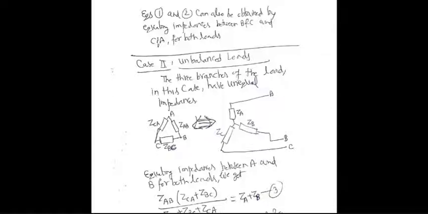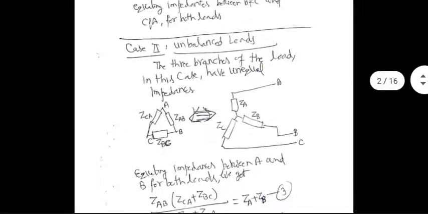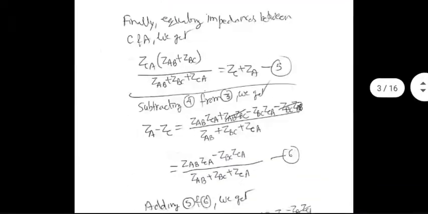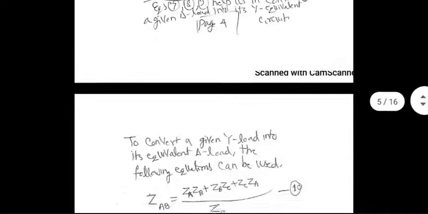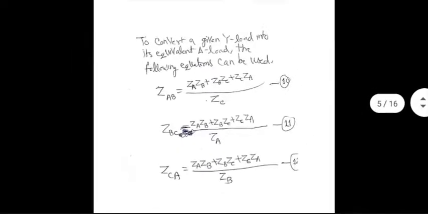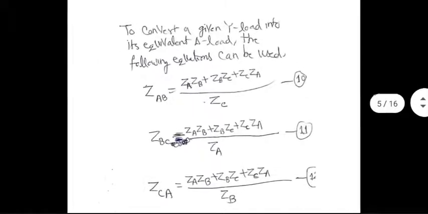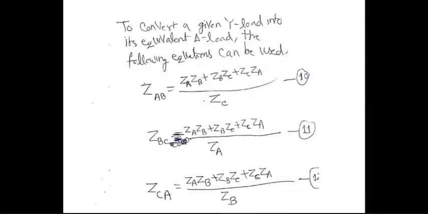The entire thing can be done in the other direction also. Suppose you are given star load and you want to convert it into equivalent delta load. That means you are given ZA, ZB, ZC, and your objective is to figure out ZAB, ZBC, ZCA. I have not done the detailed derivation. In fact, I have relied on people doing it correctly. And the formulas that people have derived in books are these. If you know star load correctly, then delta load can be calculated using these formulas. Same equations, but solved in the opposite direction.